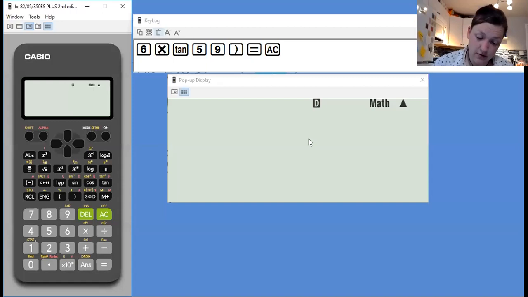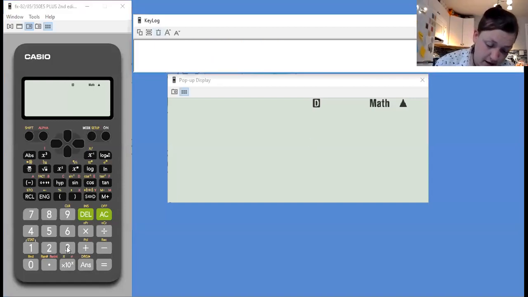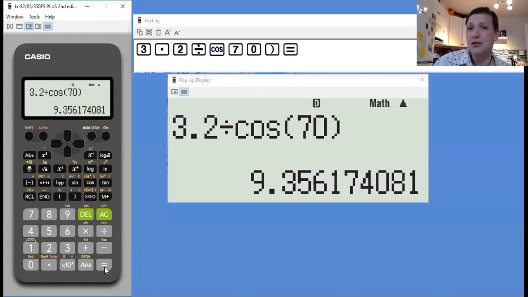Okay, great. So we're going to say 3.2 divided by, and you just type in cosine of 70 degrees, and it does all of that for you. And that way I didn't have to type in that long decimal. I didn't have to keep writing it down. That's why I left it written as cosine of 70. But that's our answer,